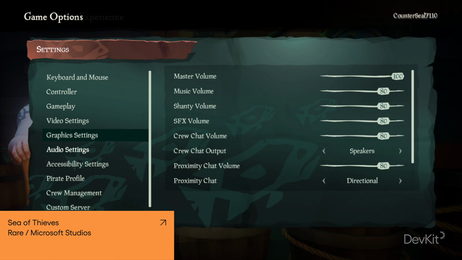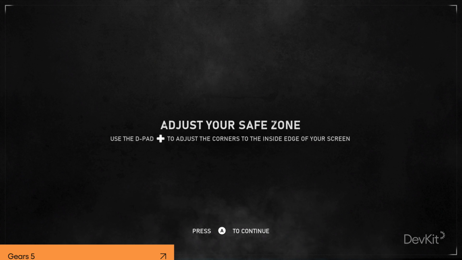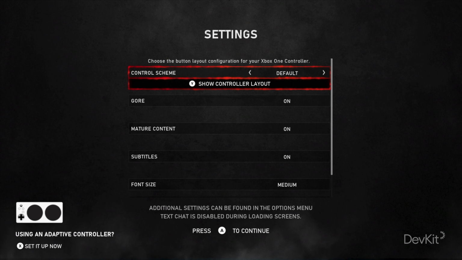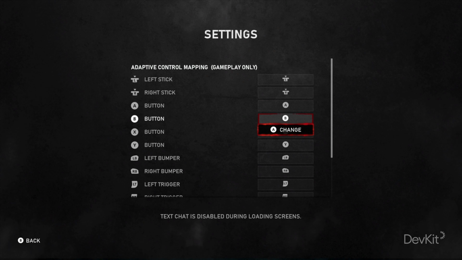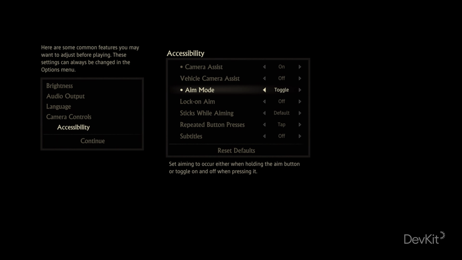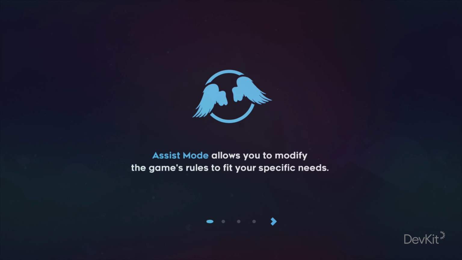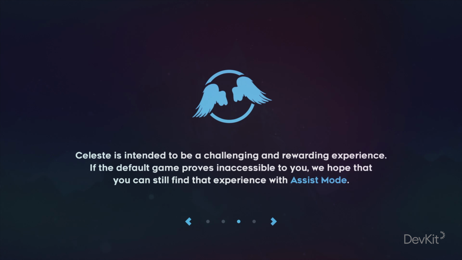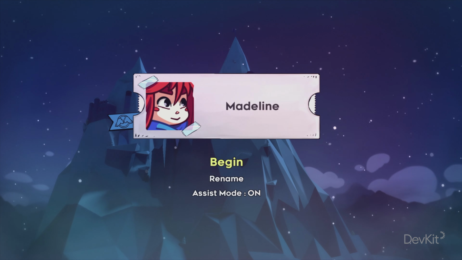There are many different ways to present settings in a game, so you should decide what works best in your specific case. That said, there are a few things in particular that we find help players to discover any settings they might otherwise miss. Consider allowing players to adjust settings, and particularly accessibility settings, at the very start of your game. This is a great way of making players aware of the settings your game contains, and also means players will have immediate access to options they might require in order to play.